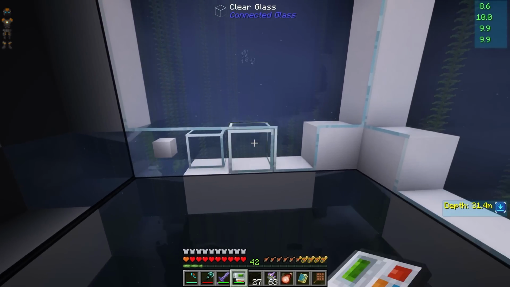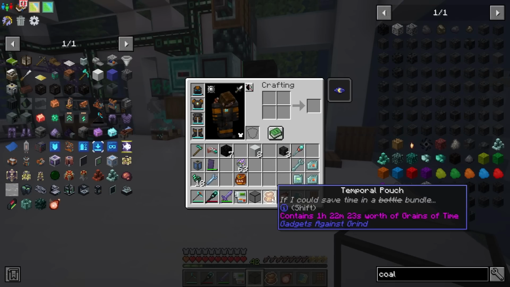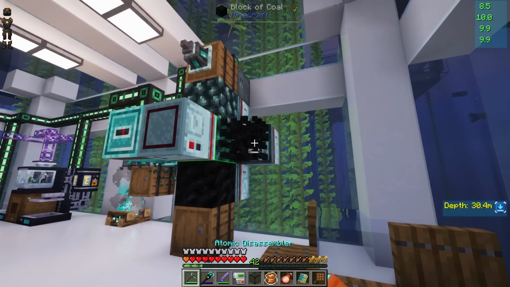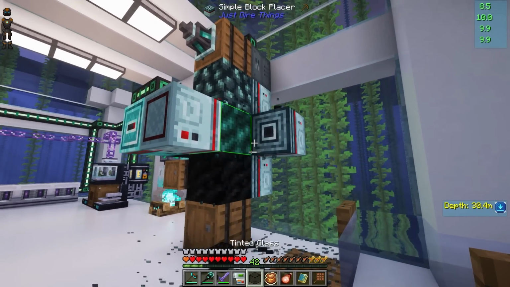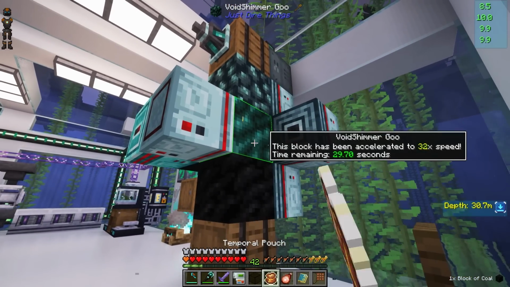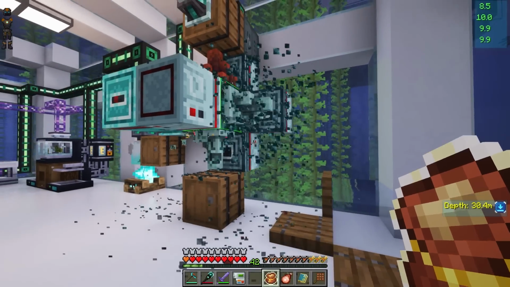And the exchanging gadget, by the way, is super helpful with this process here. Now, I know I just made my temporal pouch, and I have a little bit of time on it now. If I actually go ahead and remove this, what I could do is I could use my pouch here. And this is where things can get a little bit hectic and crazy, but just to speed this up,